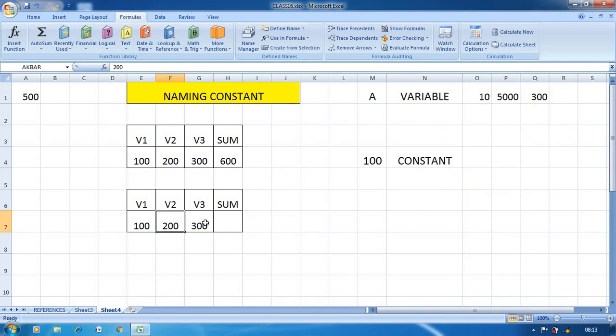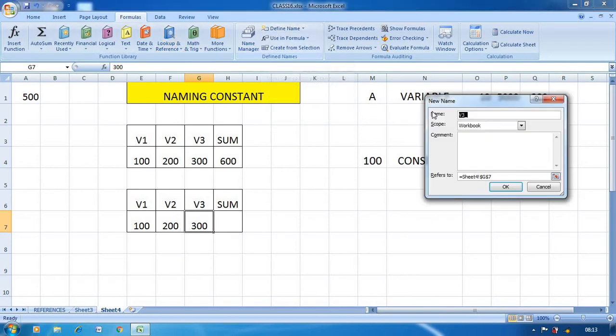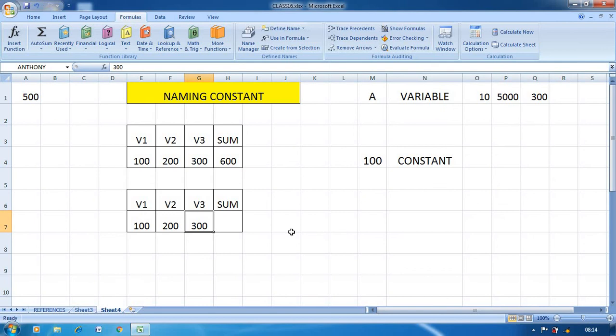And for 300, I think all of you know the next name, it will be Anthony. So just place the cursor on the particular cell, then click on the Formulas tab, then click on the Define Name button. It opens a new name dialog box. Here you just give the name and click on OK.